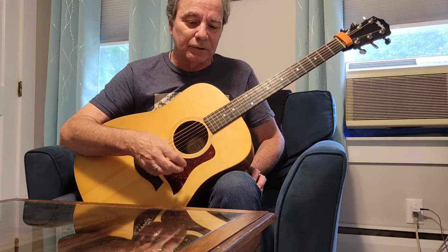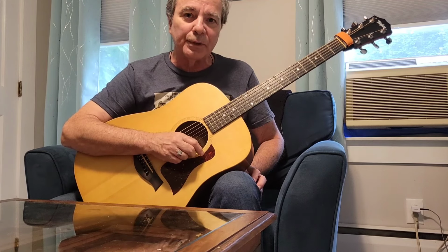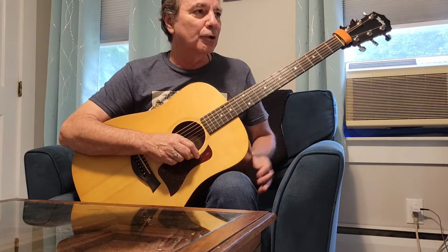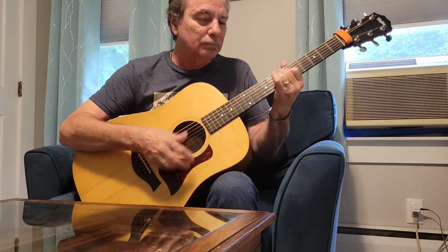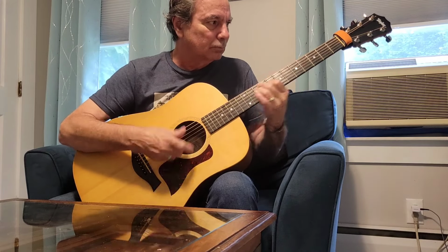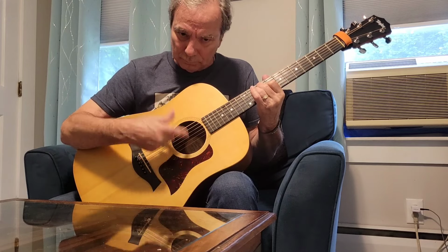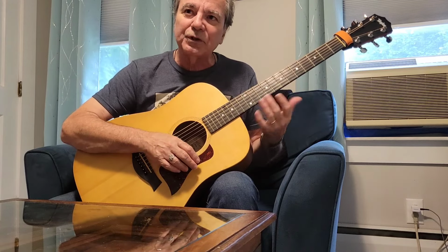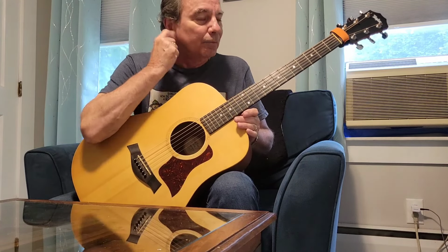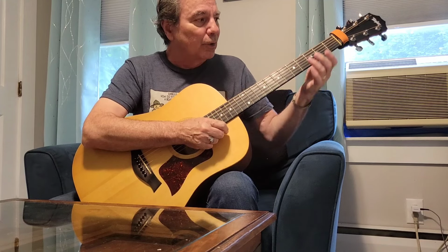thing going on. What really helped was the glue of all those open strings droning through each chord shape. If we want, we could dive that C down to B. Then there's another one. Now this one's a little interesting too, and what I'm going